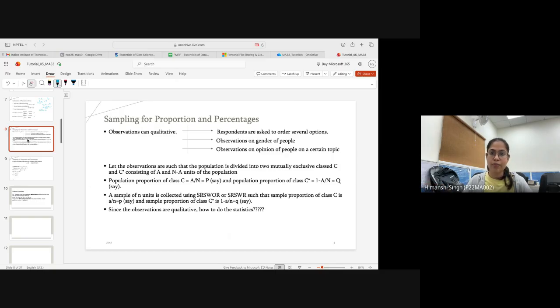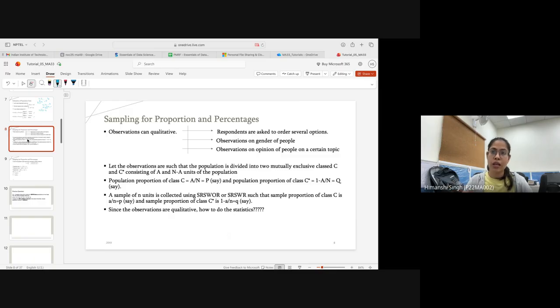And from that sample, if I want to do some statistics, some analysis, then how will I be able to do it? Because if I'm doing some statistics, then I need numbers. Without numbers I cannot do it. So what will be the process then? So first of all, apart from male female, for example, I give fruit juice to the persons, five types of fruit juices. I want to know in what order they like the juices.